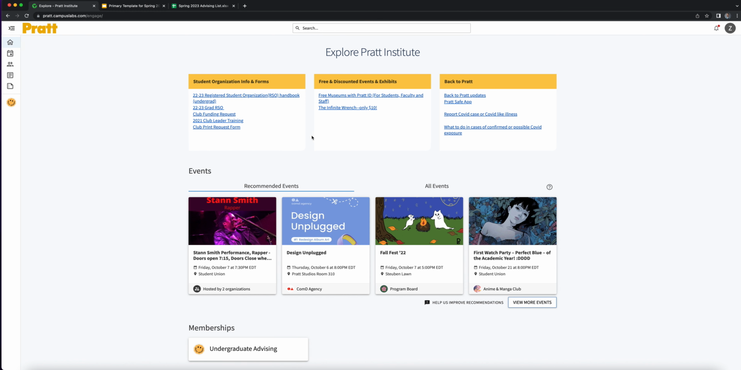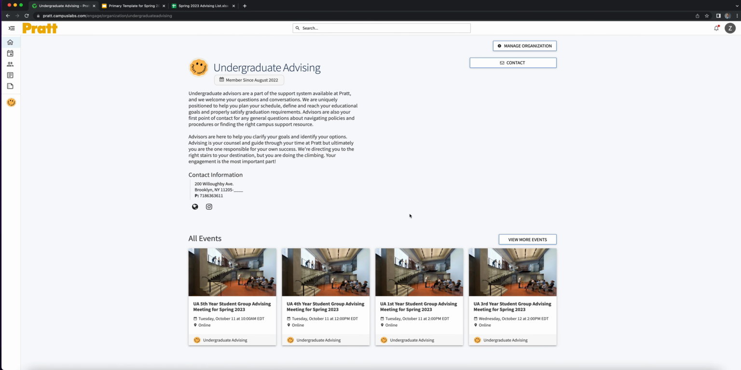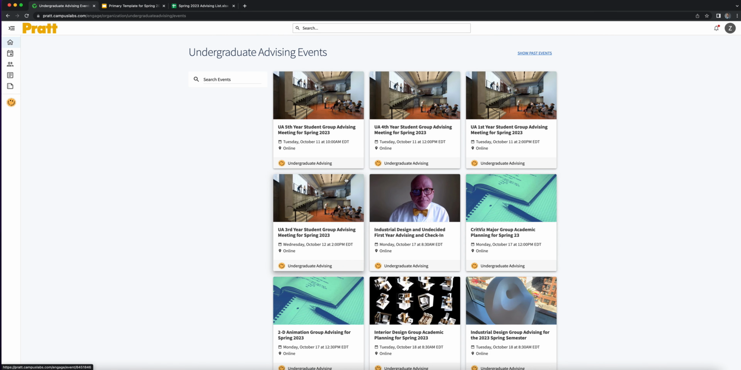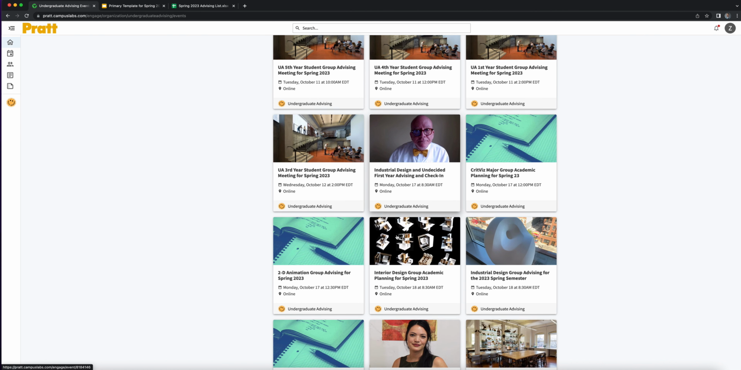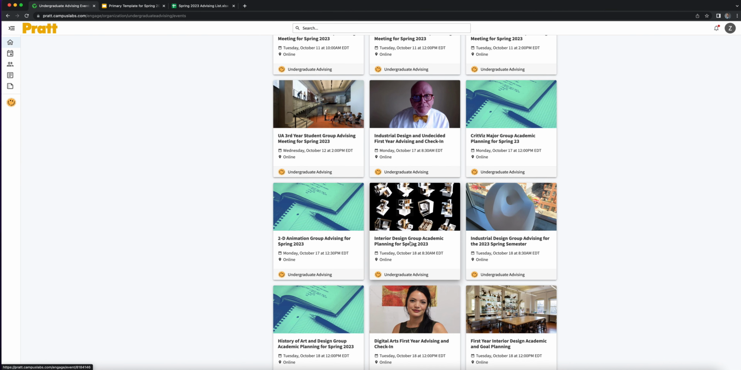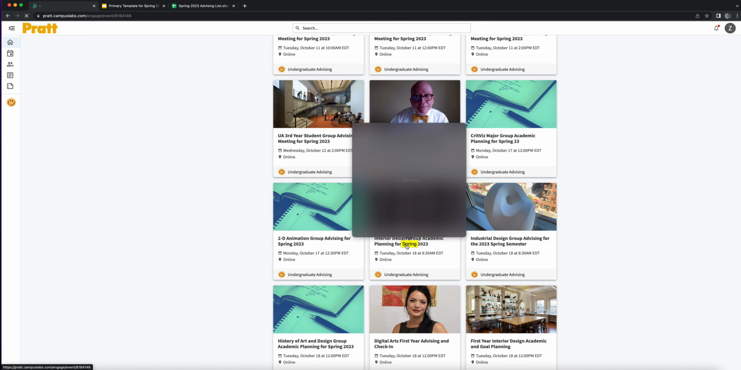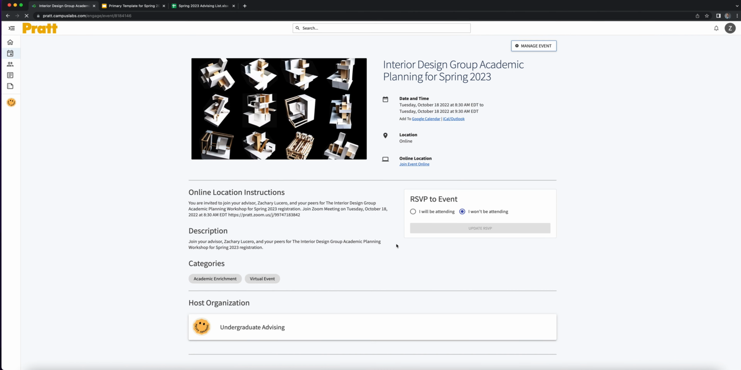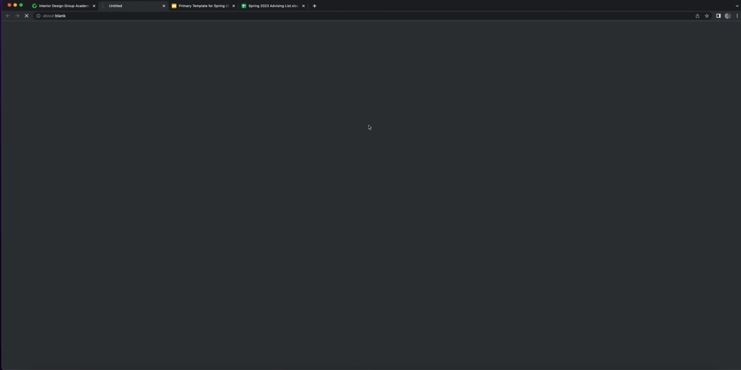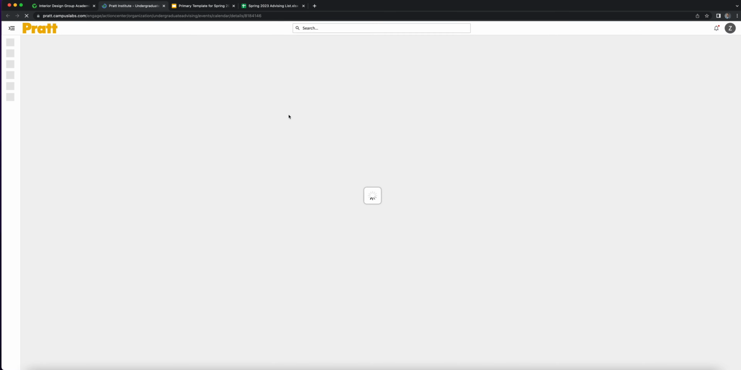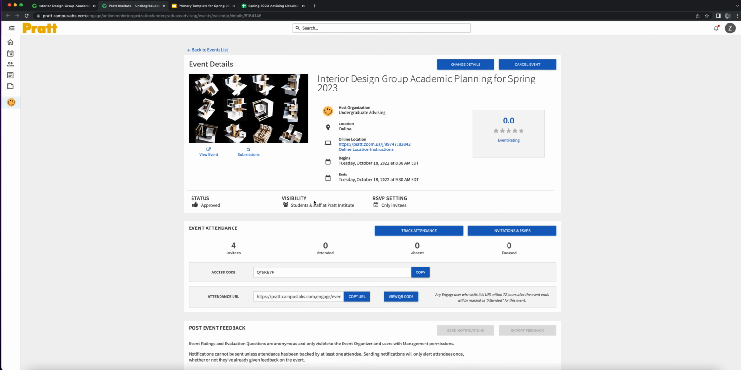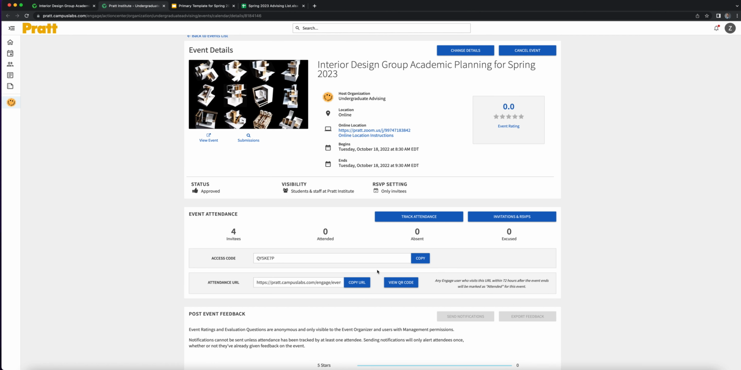So once you're on the Engage page, just make sure to hit Undergraduate Advising. From there, you'll go to your specific event and you will select your specific event and you will press Manage Event. From the Manage Event screen, you're going to want to press